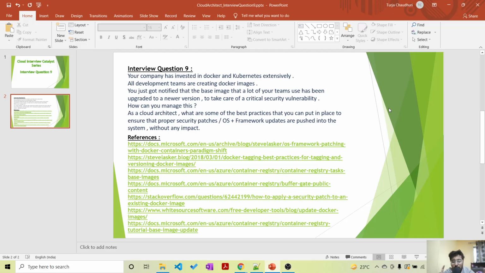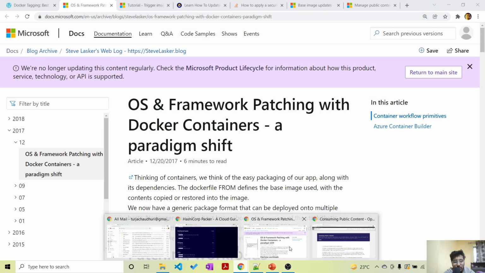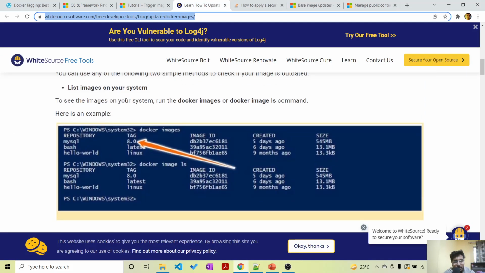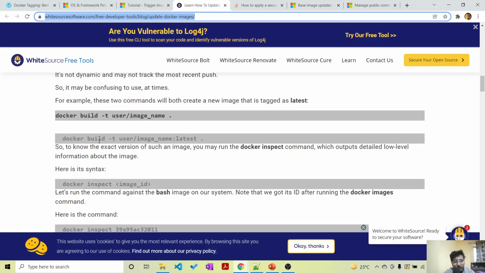So all of the documentation here, if you go through it, has a lot of mentioning. Now I will tell you something which is a manual way. Let me show you what this manual way is.